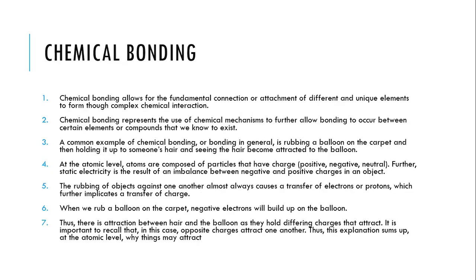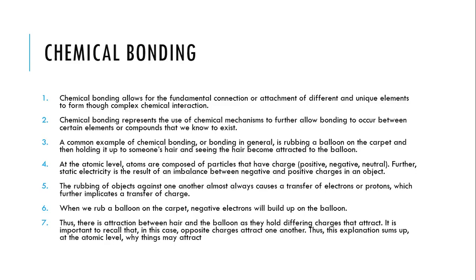Next, we are going to talk about chemical bonding. Chemical bonding allows for the fundamental connection or attachment of different and unique elements to form through complex chemical interaction. Chemical bonding represents the use of chemical mechanisms to further allow bonding to occur between certain elements or compounds that